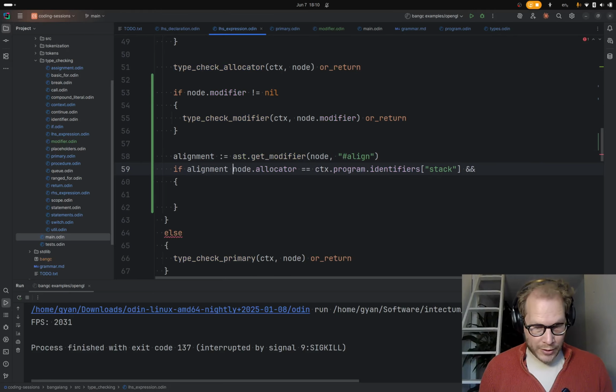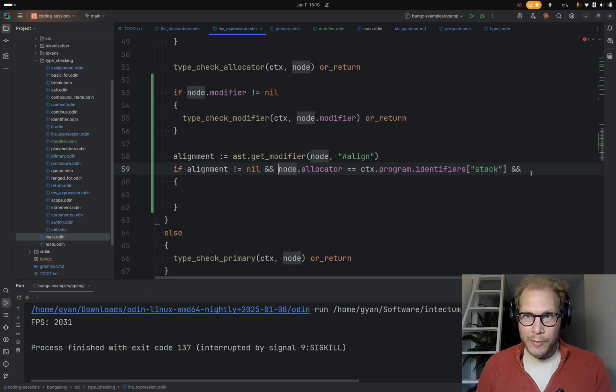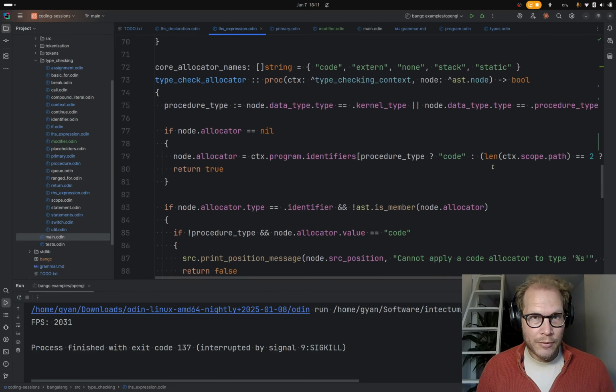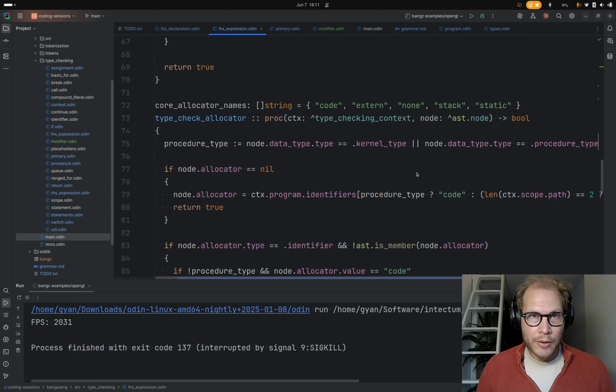So if alignment is not null and we're using the stack allocator, it's not allowed. It won't work.